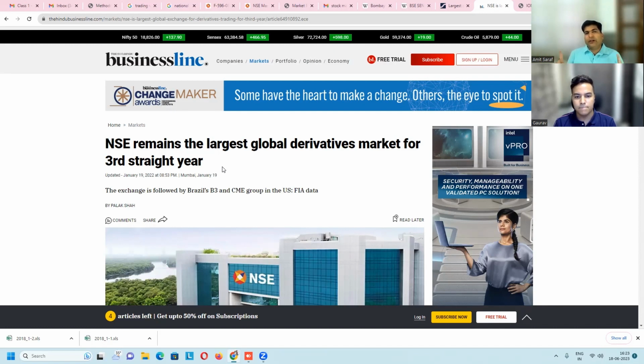Both will be counted as one contract, but value-wise, the second one is multiple times higher than the first one. So in terms of number of contracts, we are by far number one, but in terms of value, we are not number one, because probably other countries have contracts of much bigger sizes. So that is the reason.